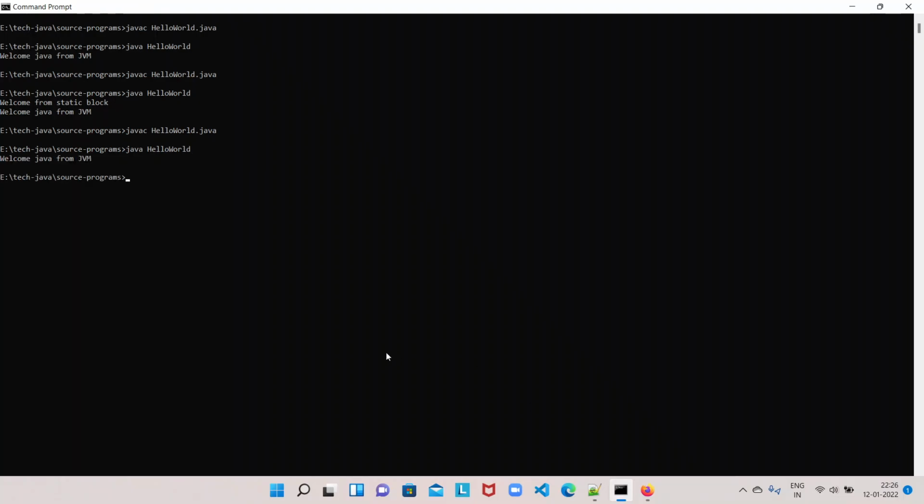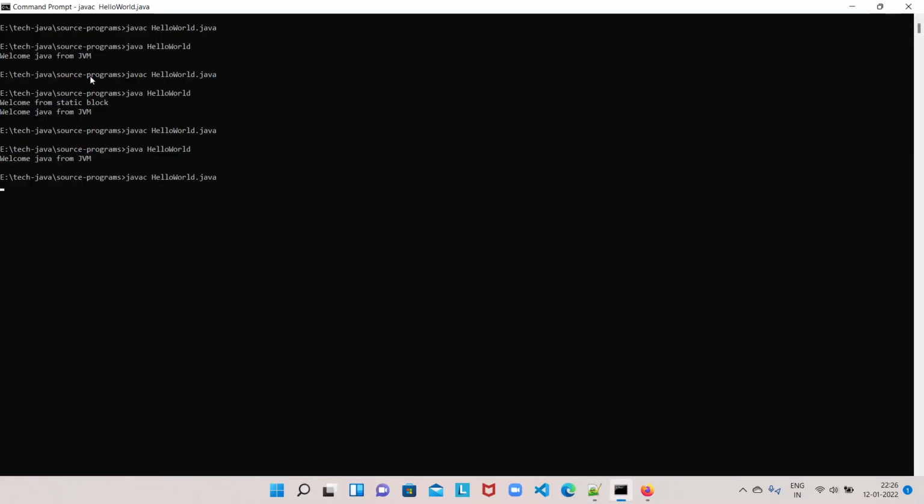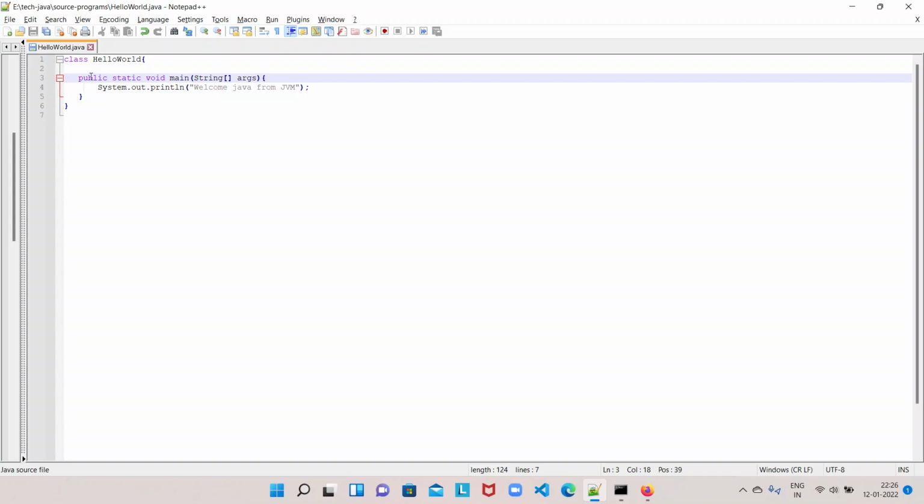See, this is compiled and running successfully. So the sequence of these keywords does not matter, but they should be present. So we learned about public, we learned about static, and we learned about the void keyword, right?